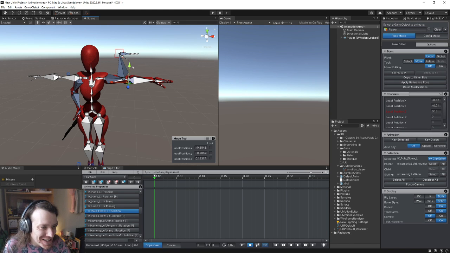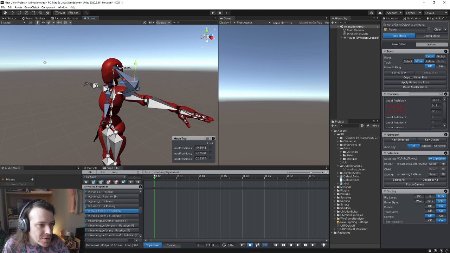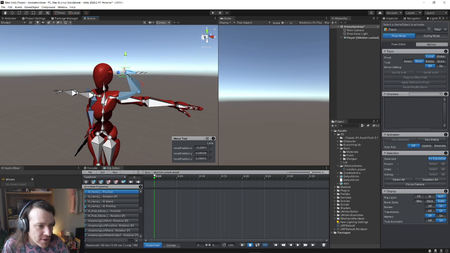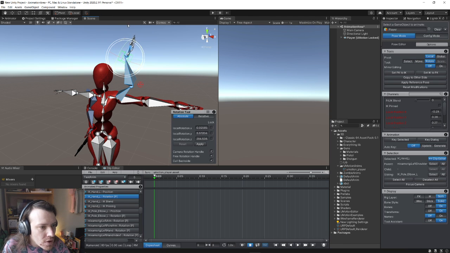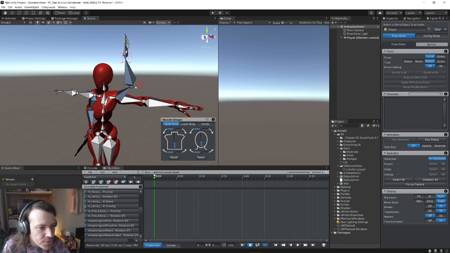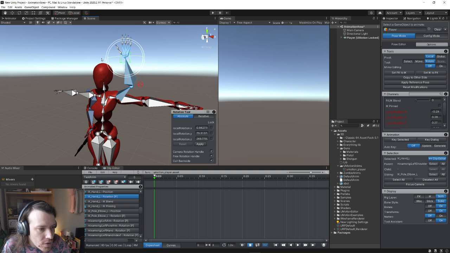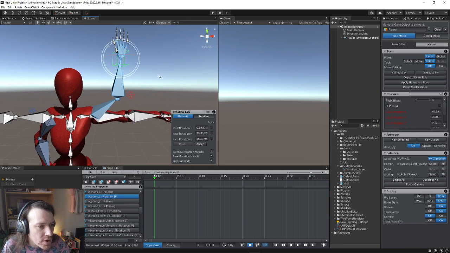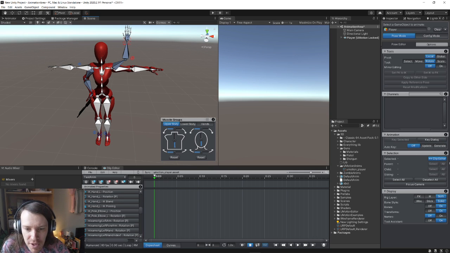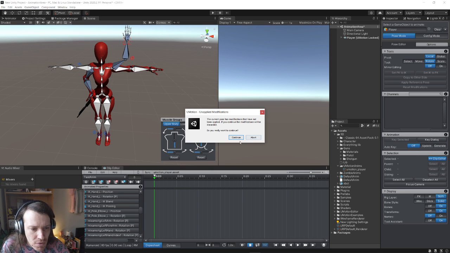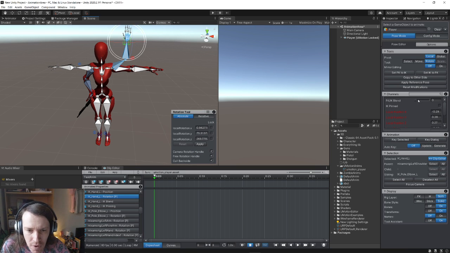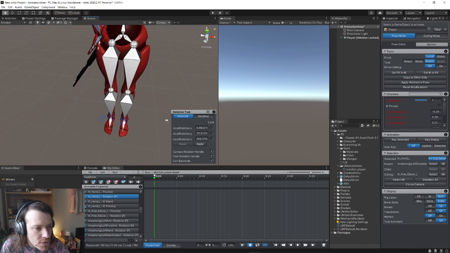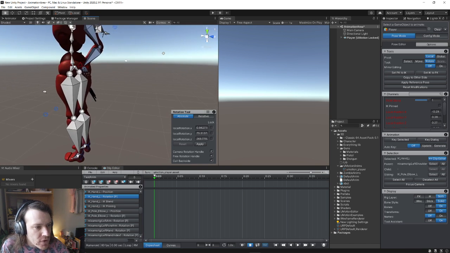Yeah, so that's a little awkward, but maybe we select that again and rotate that. Starting to look okay. Looks like we need to set the IK. IK blend again. What else have we got? We've got